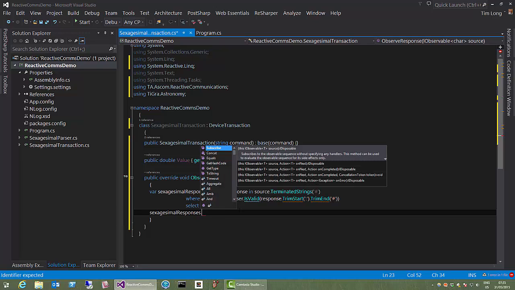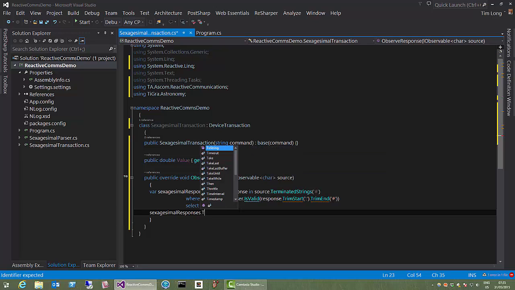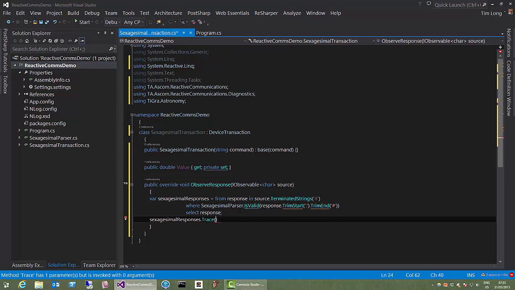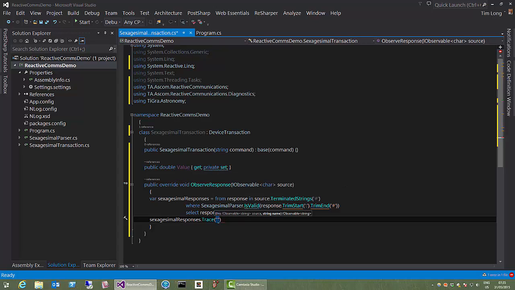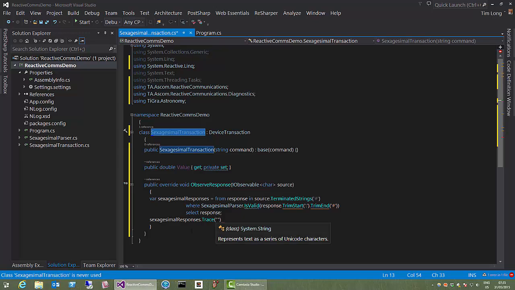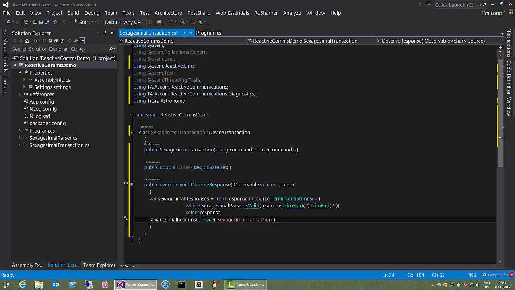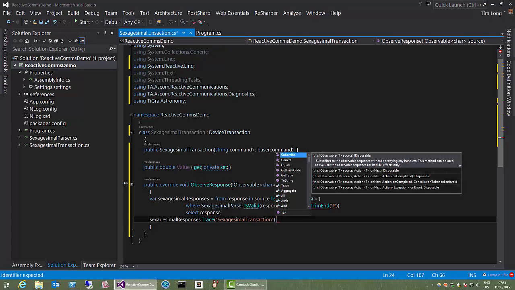Dot. I'm actually going to use a diagnostic function here. Again, this is built into the Reactive ASCOM library. It's a very useful little extension method, and you need to provide it with the name of the source. So I'm just going to use sexagesimal transaction as the name. That will be the thing to go with, I think. And then, having added some diagnostics into the mix,